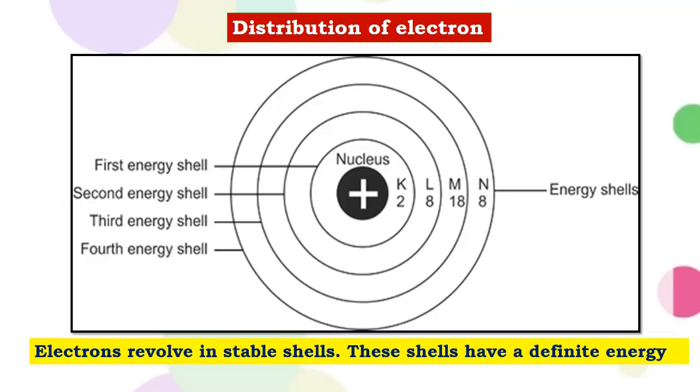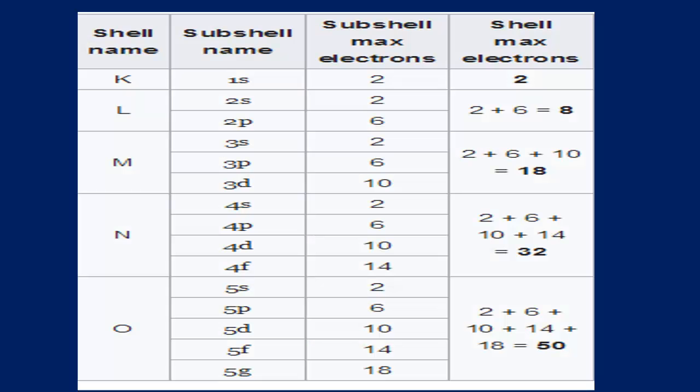So for each of these shells, the maximum number of electrons a shell can contain is the same as given by the formula 2n squared. This may not be in your 8th standard children, but remember, if the shell is K, it also has a subshell where 2 electrons are there. Then in the L shell, the electrons are further kept in subshells S and P, that is 2 plus 6, 8. In M, again there are 2, 6 and 10, so 18 electrons. And in N and in O, this way the electrons are distributed in the shells.